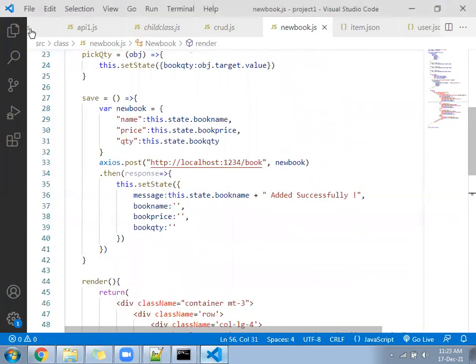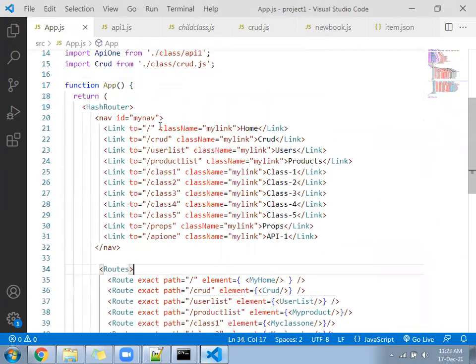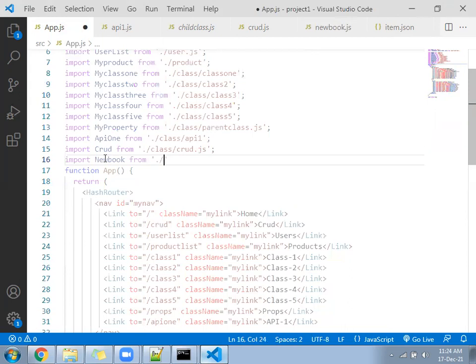Call that file under the app.js file. Import new book from the new book.js file.